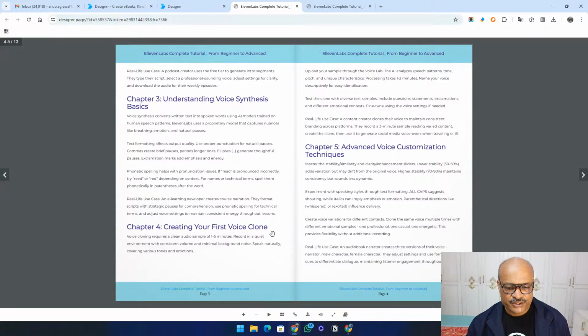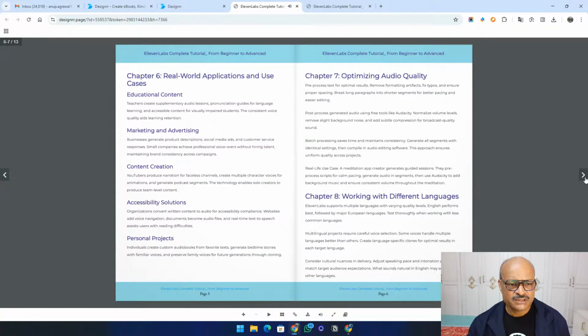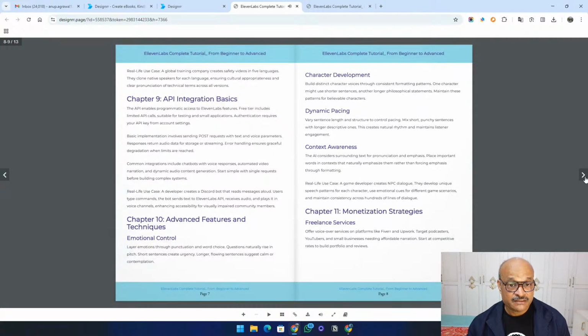voice synthesis, creating your first voice clone, advanced voice customization techniques. Everything is there. Okay, you read it. Okay, real world applications, optimizing audio quality, working with different languages. Okay, API integration is also there, which I haven't told you, but you can learn from that. Advanced features and techniques. Okay, you can have emotional controls, layer emotions through punctuation and word choice. Questions naturally rise in pitch. Short sentences create urgency. Okay, and then